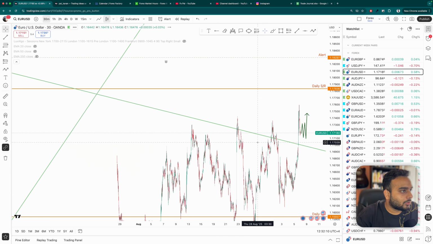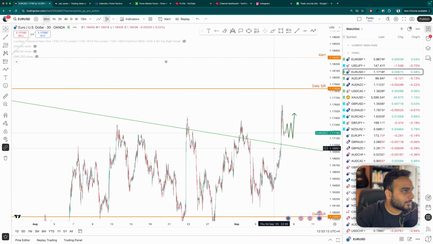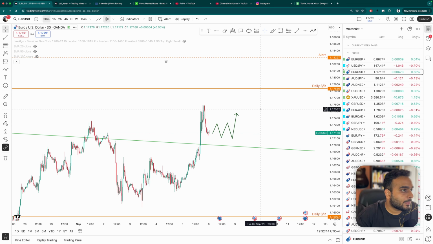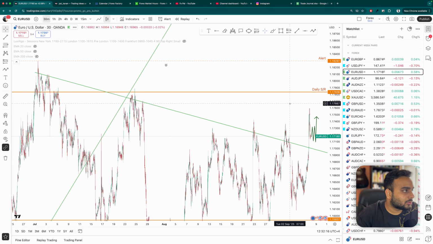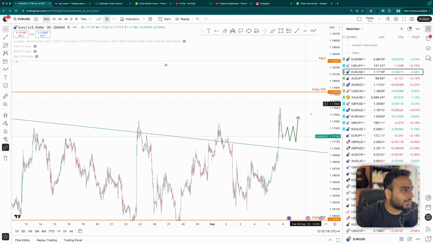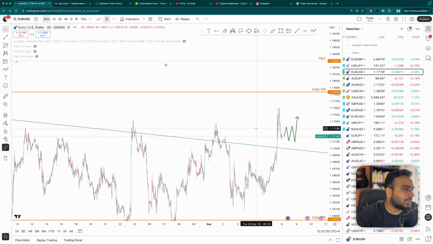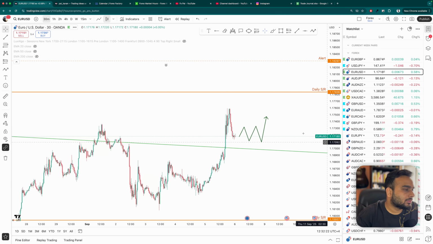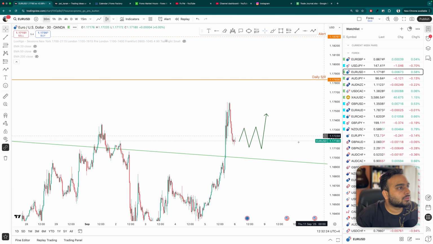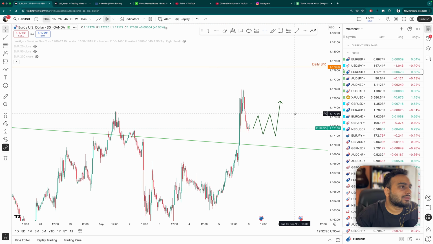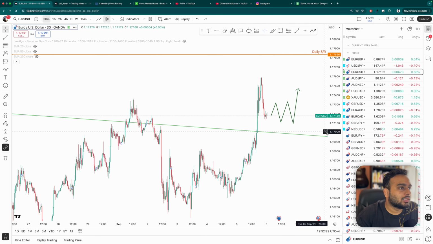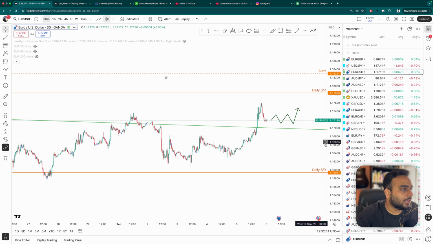Then I might look for buy, but eventually the thing is, this is a daily resistance area. So a trade like this is not going to give you a good result. A better trade would be